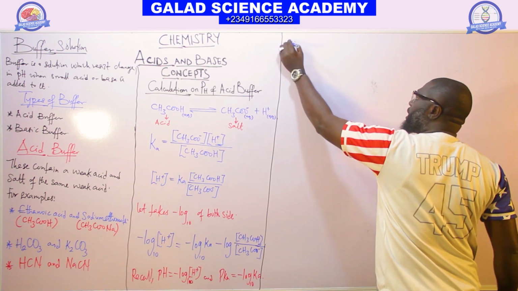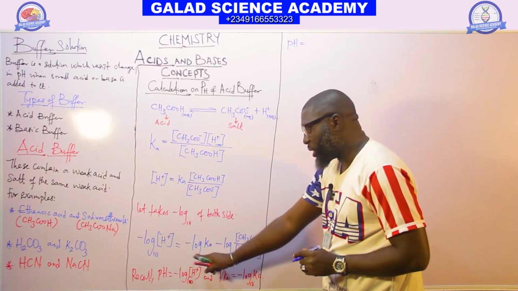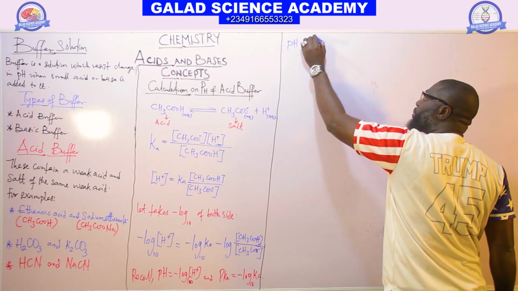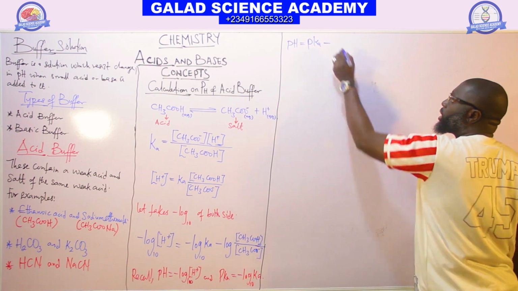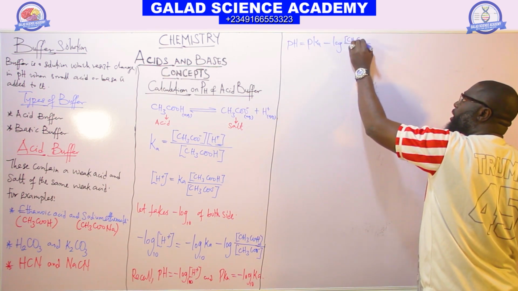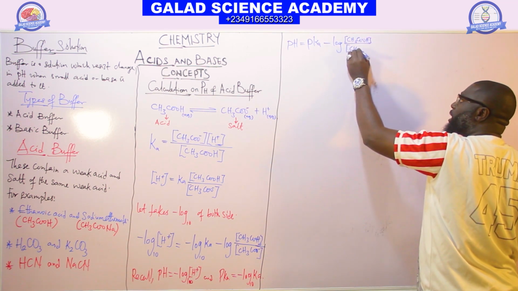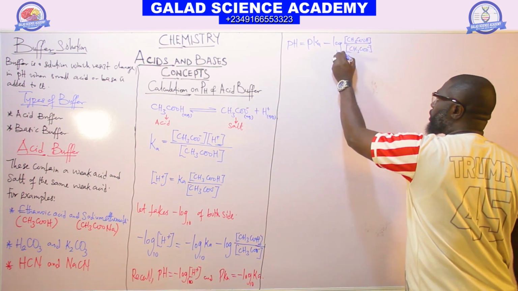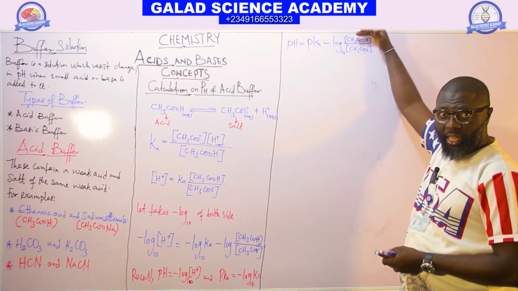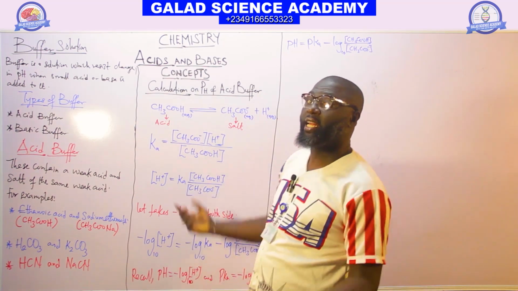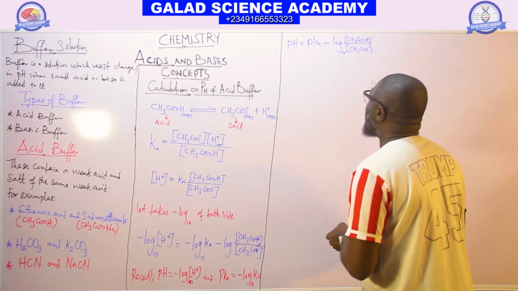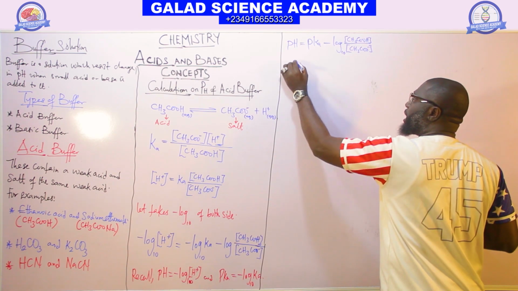We now have pH is equal to pK minus logarithm of the concentration of CH3COOH over CH3COO minus to base 10. And don't forget that I'm using ethanoic acid here and its salt. You may be given any weak acid and its salt. So for convenience's sake, I put acid here and I put salt here. So let me change it back to the original. Well, you can now have pH to be equal to